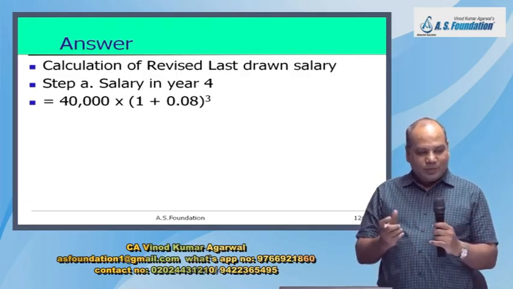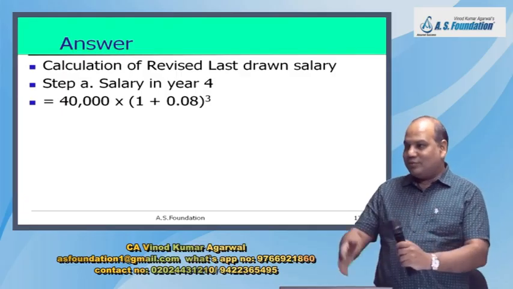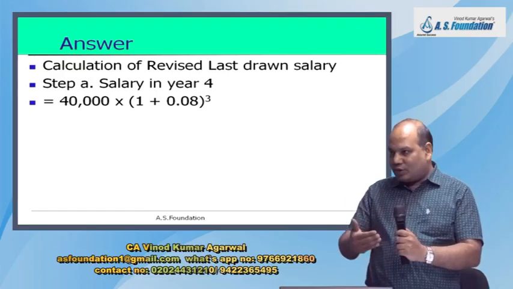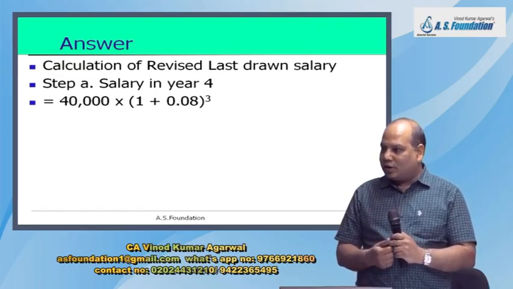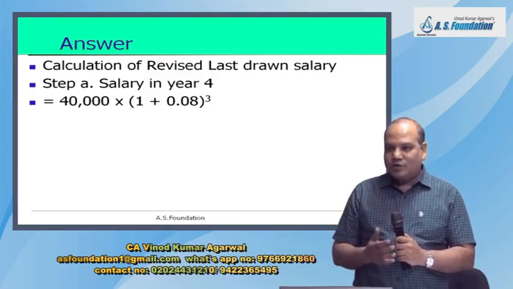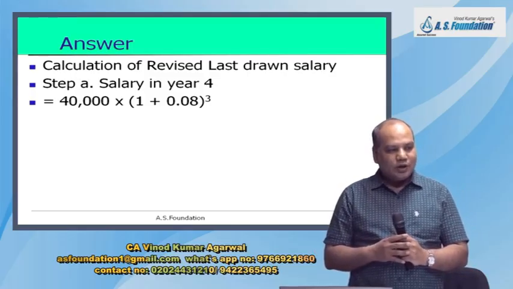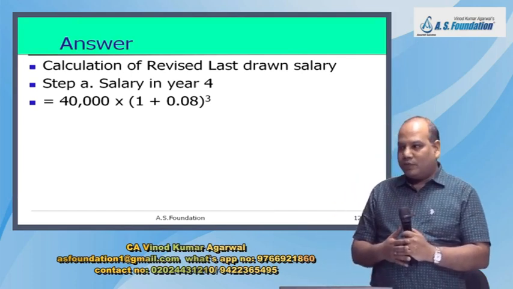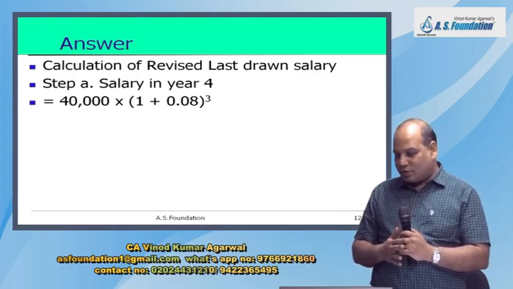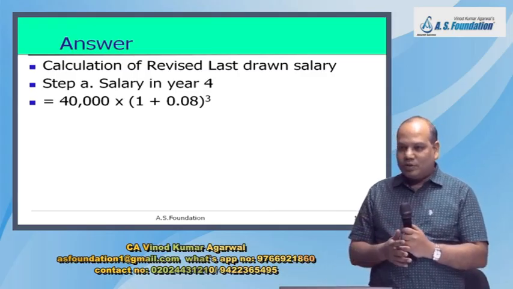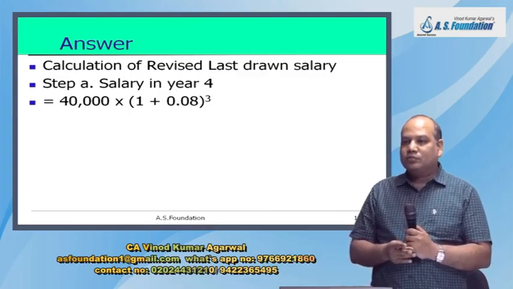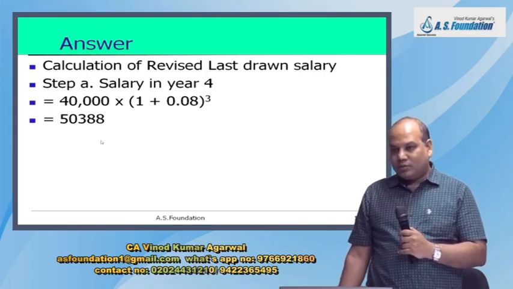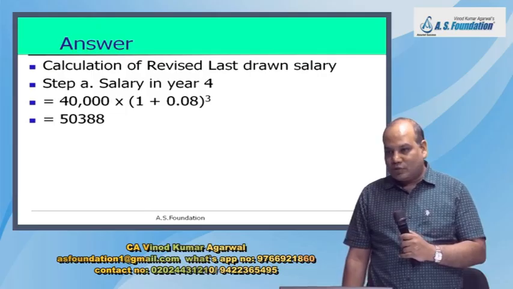Okay, now depending upon your interpretation, you can assume that the growth rate impact will come in the fourth year also, or you can say immediately in the beginning of the year the salary will get revised, and now they will revise the salary in future at 10%. So we will assume the growth rate of 10% will be effective from fifth and sixth year. Up to 4 year enjoy 8% only. So what is your salary now? 50388. This is your salary at the end of year 4.